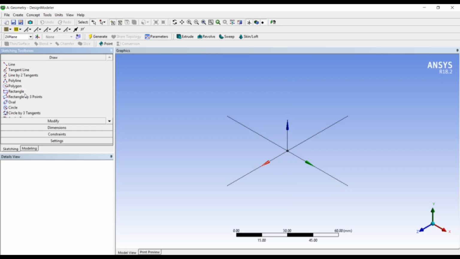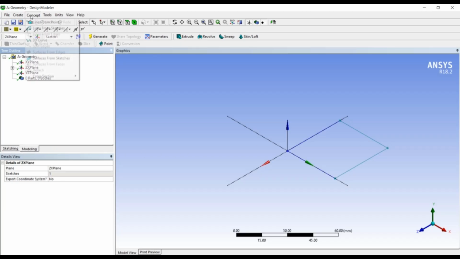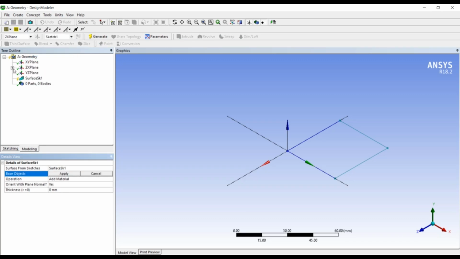In the sketching mode, I'm going to select the rectangle, and I'm going to create a simple rectangle. You can create whatever shape you want, but it should be a closed shape in order to generate a surface. So once you have done this, you can go to the concept. Instead of selecting surface from edges, you can select surfaces from sketches, and here you need to select this particular sketch and then press apply,